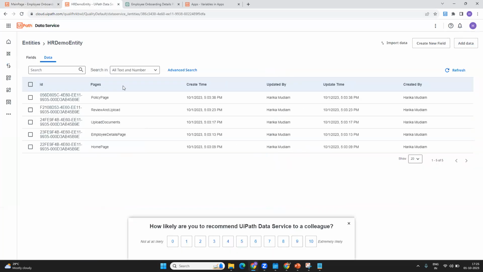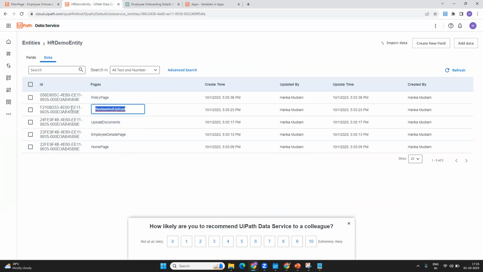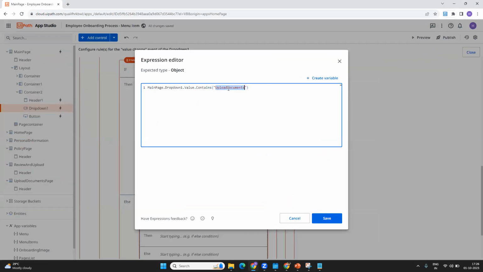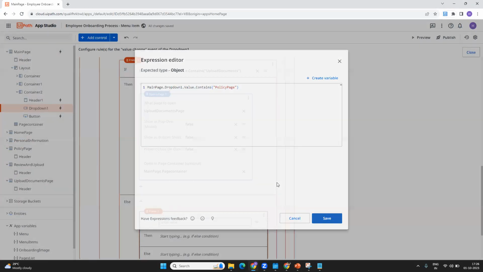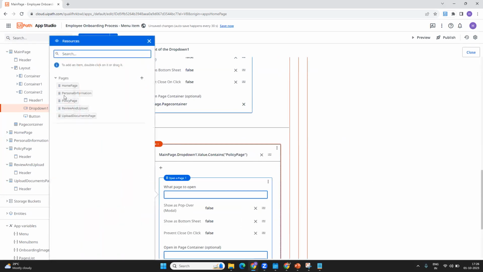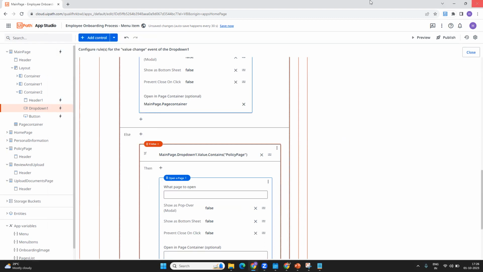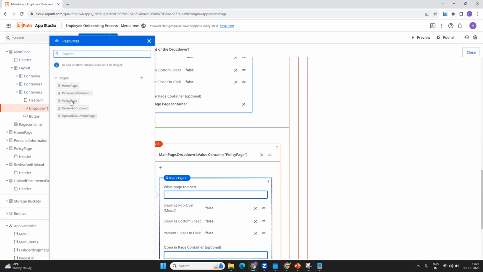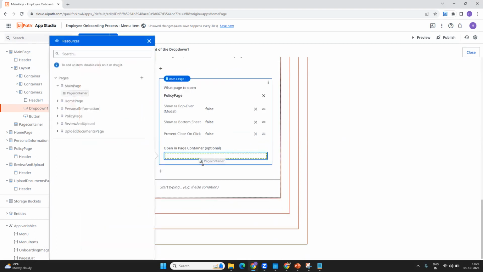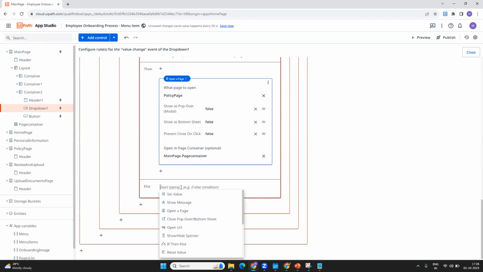Save, review and upload. No, this will be the policy page. If it contains policy page, then it opens a page which is a policy page. So drag and drop the policy page over here. Okay, then it should be in the page container. Finally,